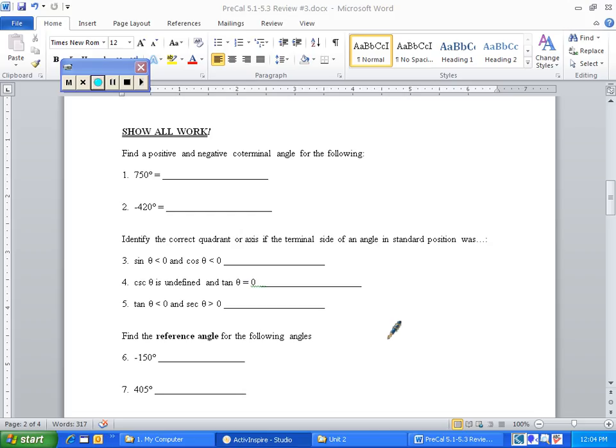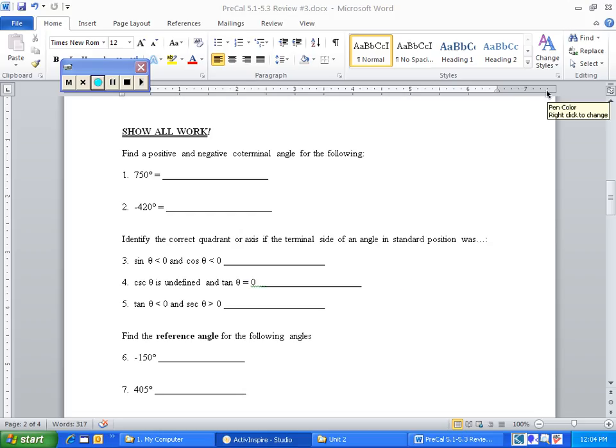So this has two answers. It is the positive x-axis and the negative x-axis. Or you can just say it's the whole entire x-axis. Okay, the last one